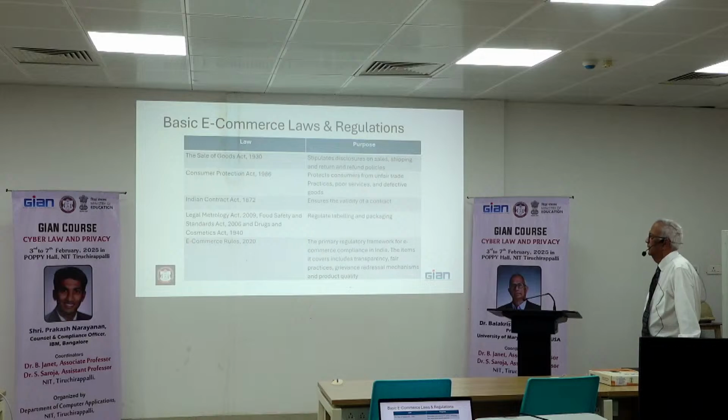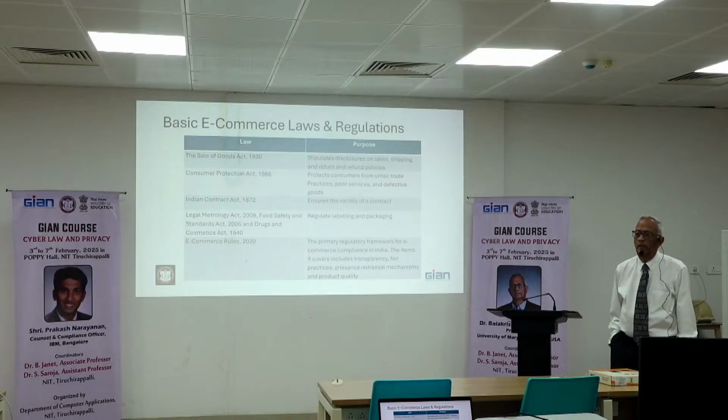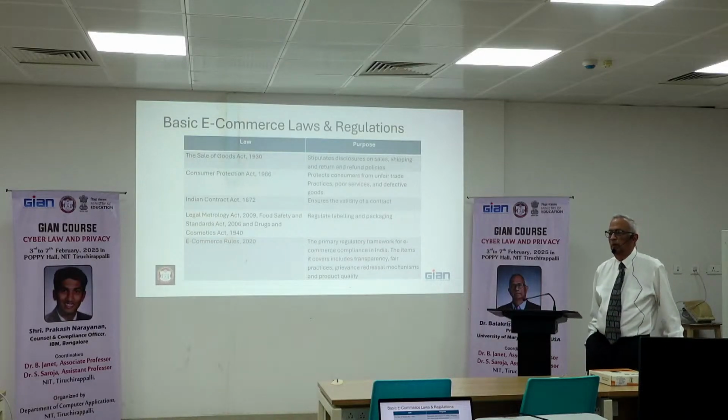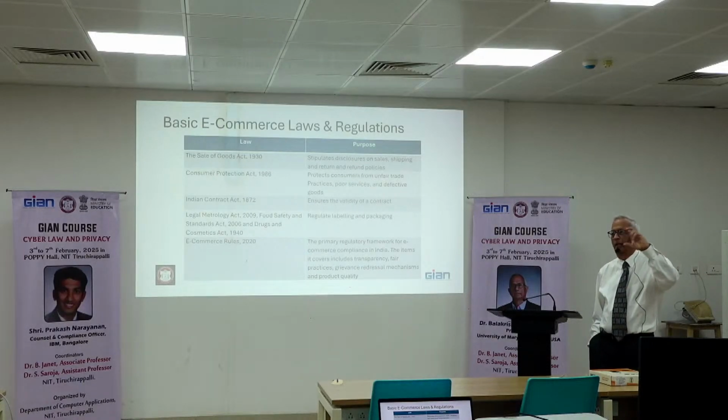The next one, there are several things here. They all regulate the labeling and packaging. What that means is you cannot claim, in the packets like Amrutanjan, that if you just use it, all your headache will be gone. I mean, they do it, but these are the sort of deceptive practices, especially in the medicine field.